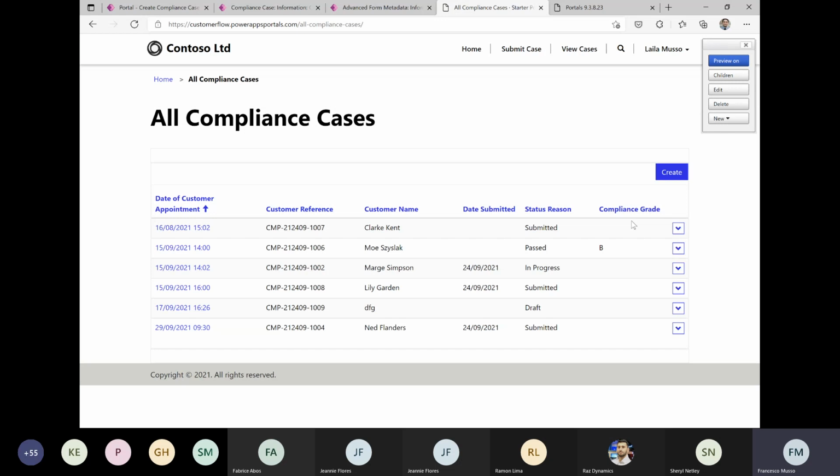So my lesson learned here was always at the start of a portal project, I'd end up very quickly with something like 10 different screens that you would go to just to see cases that are in different statuses, for example. So I'd have one link in the navigation bar to say, right, here's your draft, here's your in progress, here's your submitted, your deleted, draft, etc. Sorry, not deleted, but cancelled. And it soon really takes over the end user and makes for a pretty poor experience. So this tip would be